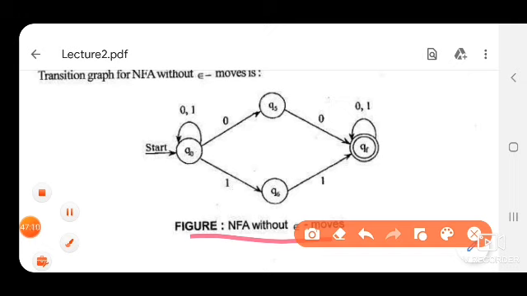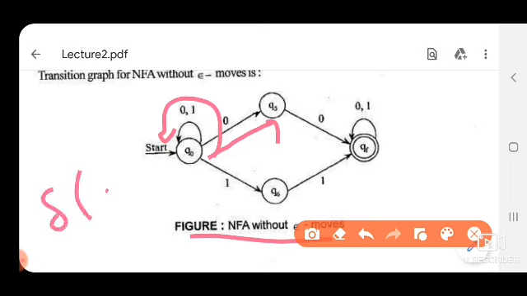So why is this NFA? Because for 0 input we can move from Q0 to Q5, or we can have a self loop from Q0. So there are two transitions for 0 input in the same state. From Q0 you can write delta Q0 comma 0.